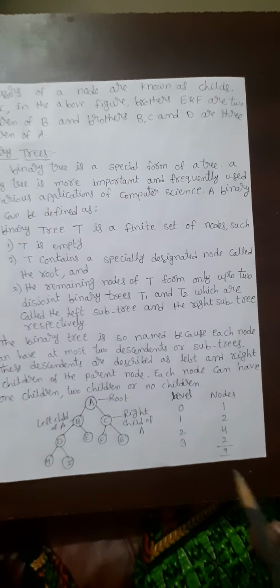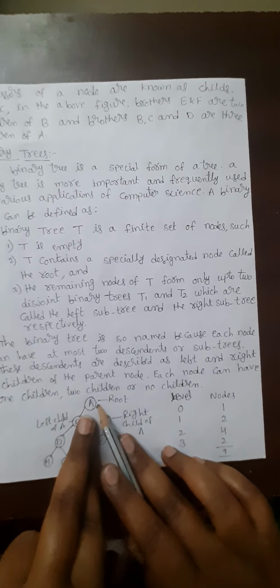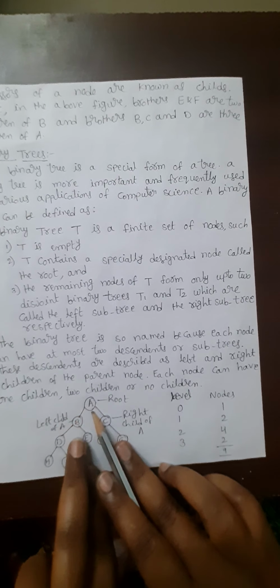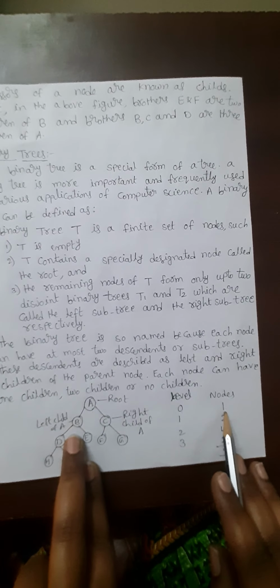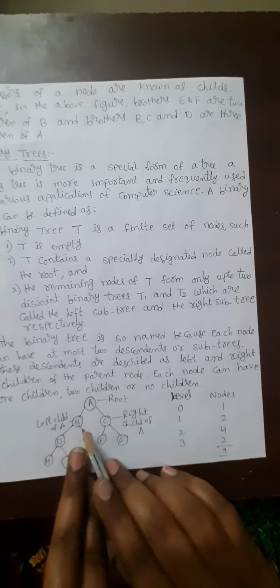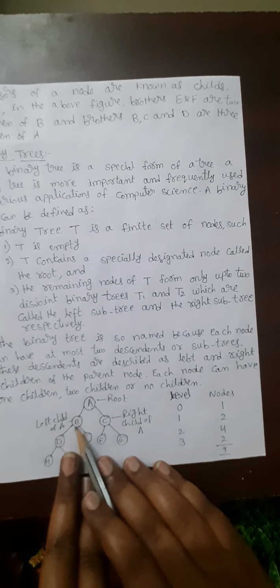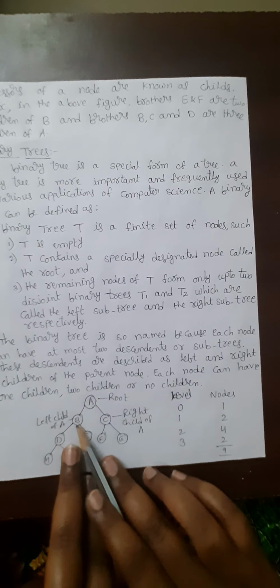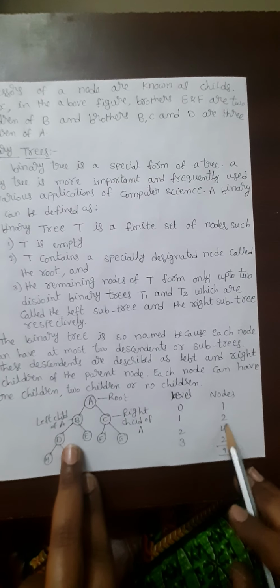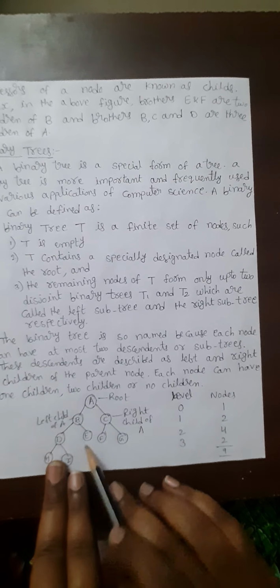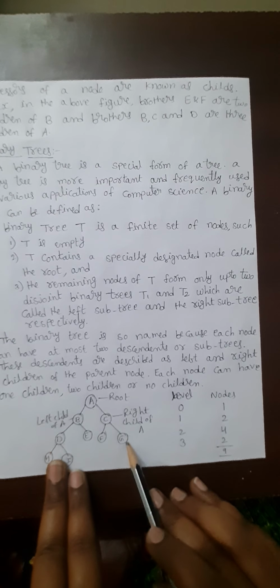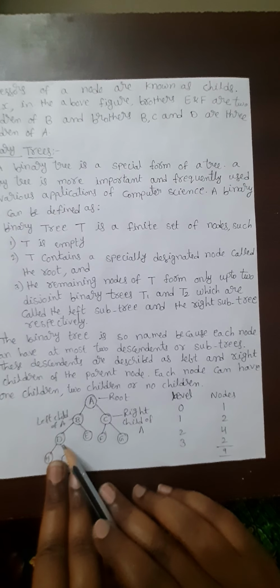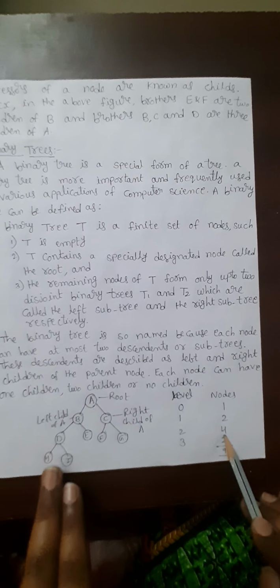If we take the 0th level, that is A, the number of nodes is only one. If we take B and C, it contains the left child as well as the right child. This is the first level. The first level contains how many nodes? B and C, that is 2 nodes. B contains 2 nodes as well as C contains 2 nodes. Here this is the second level. In this second level, it contains 1, 2, 3 and 4, the total nodes is 4.